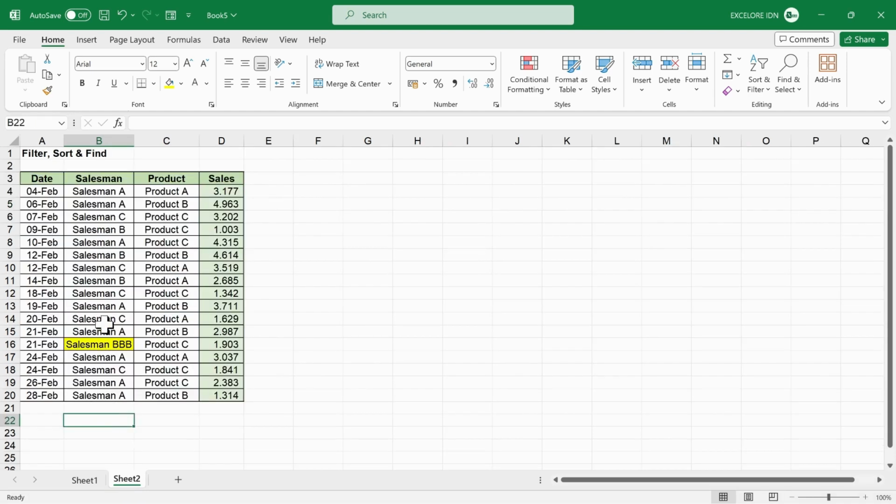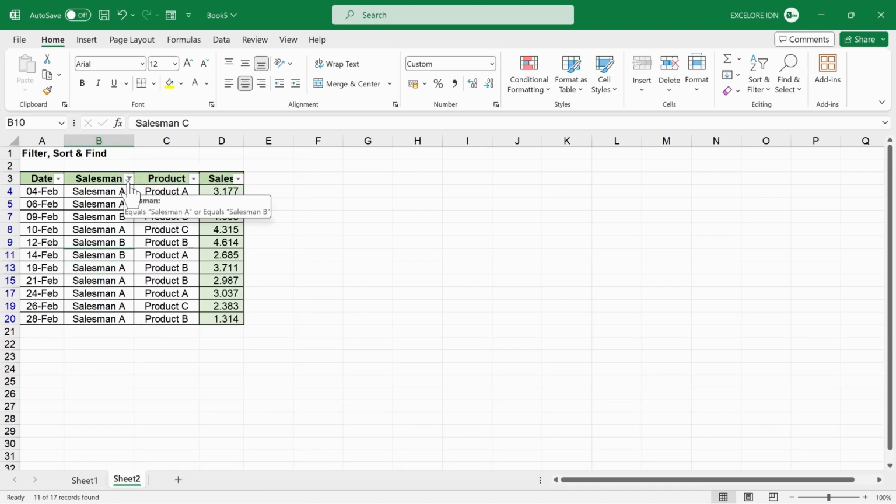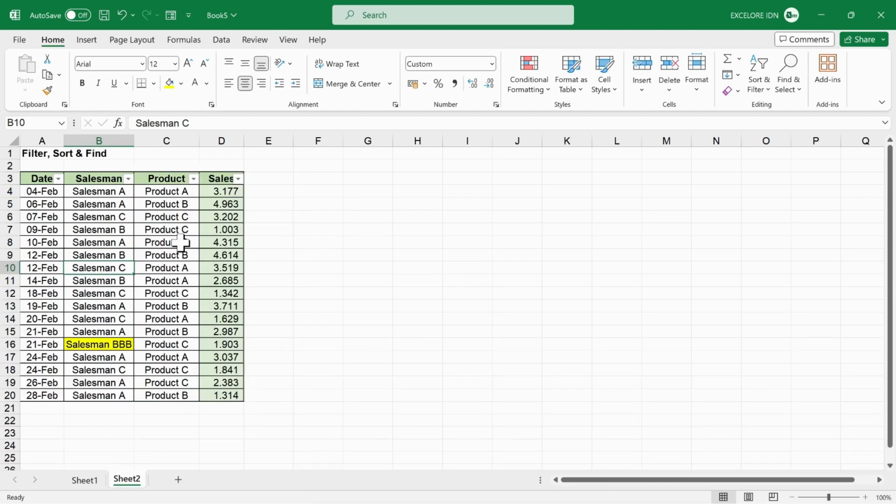To filter data, start by selecting a cell and click on Sort and Filter button. Next, select Filter. To filter a specific column, click the arrow located in the column header. In the dialog box, you can select Filter by color to filter based on cell color. You can use text filters. Or you can filter specific data from the list in this box. For example, you can filter data for salesmen A and B. To remove a filter selection, click the arrow once again and select Clear Filter from. To deactivate filter, click Sort and Filter button once again and select Filter.